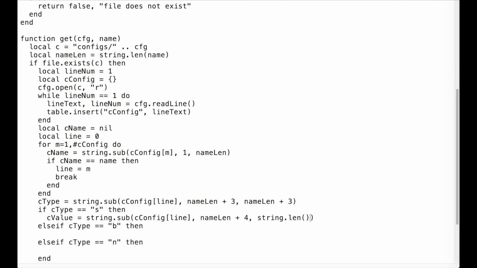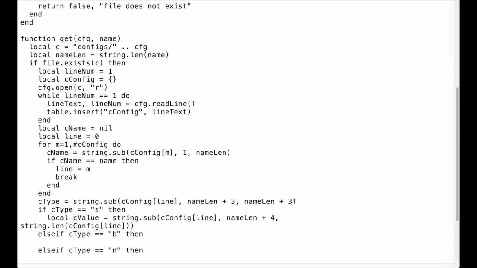String.length, get the length of C config line. So now we'll get the value. Local